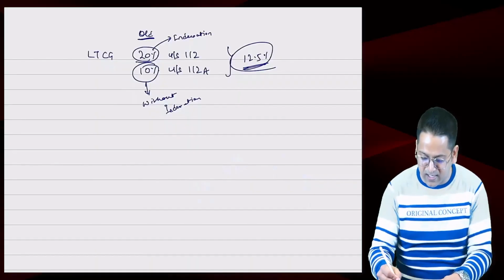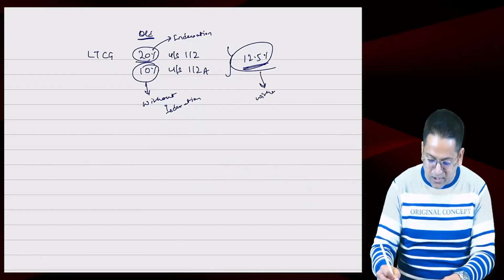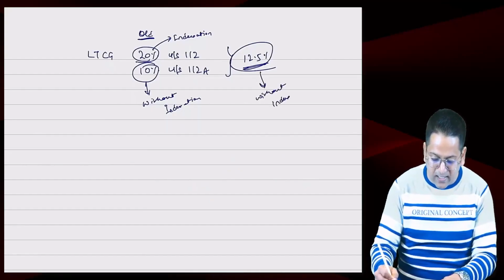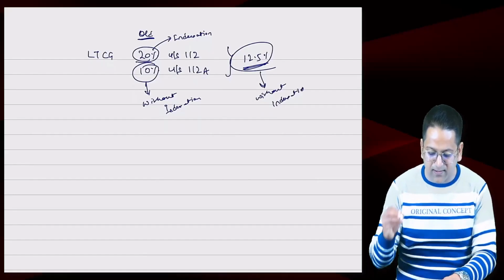Is everyone understanding this? So in the case of jewelry, in all of these, this used to happen. The indexation benefit was available. The cost of acquisition used to increase, and because of this, the capital gain used to be less, so it was 20% on it. The government has removed indexation, and this 12.5% levied by the government has been done without indexation. This is what I was going to tell you, that the government is ending the concept of indexation.